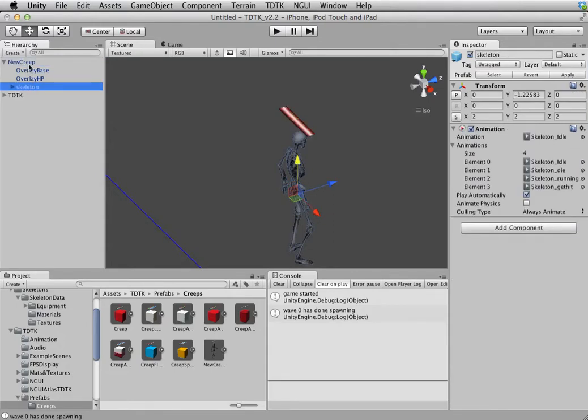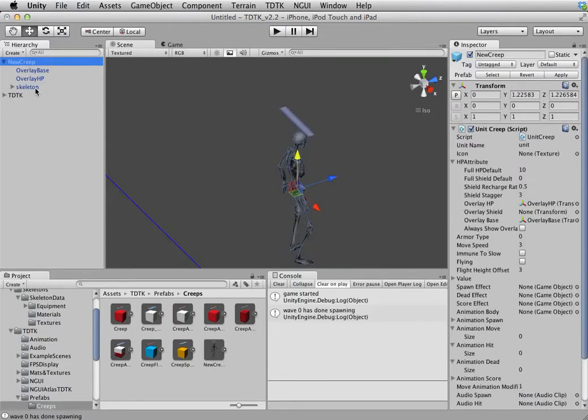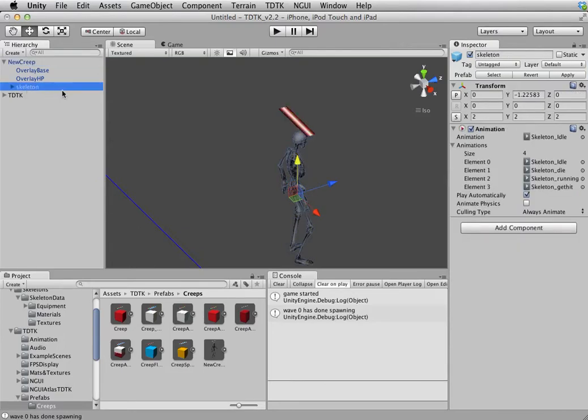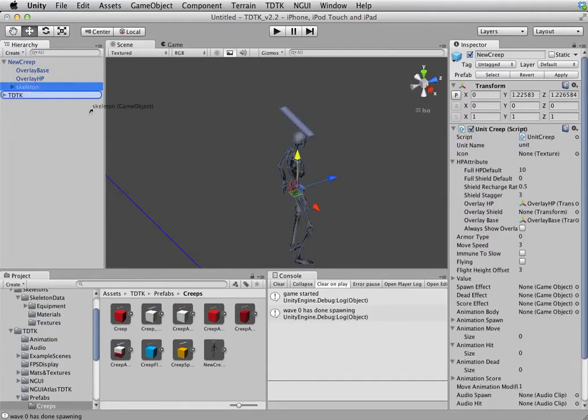Now, as of now, there's no connection between this and this, apart from it being the child transform, so it will follow this guy. But in order to have this script here run something on this, you will need to assign it as the animation body so that it would animate this game object here. As a prerequisite to that, this game object must have an animation component attached to it. As you can see, I've actually got one, so I'm going to assign it straight as the animation body,